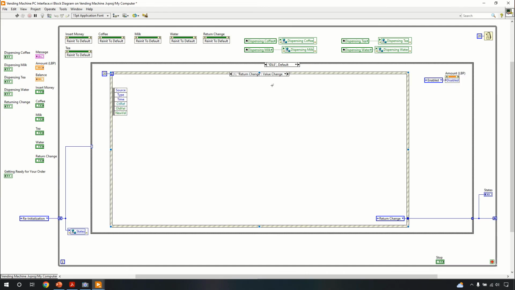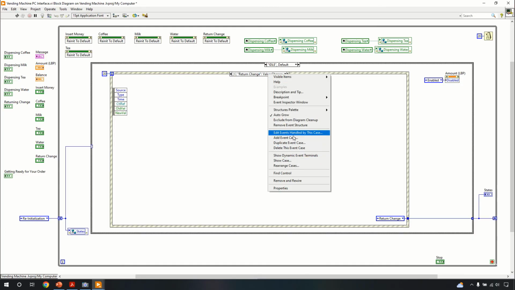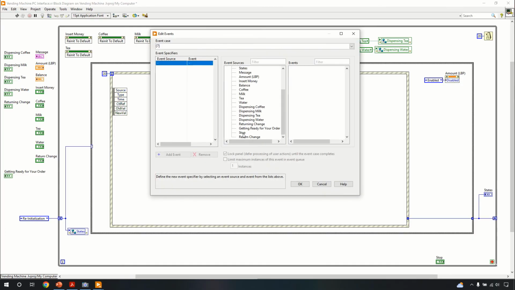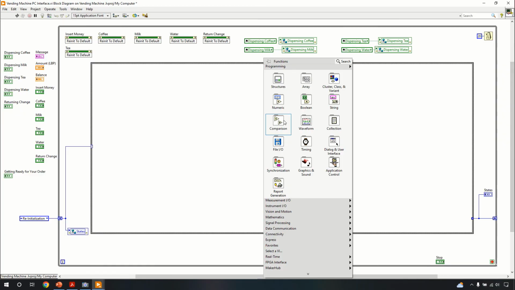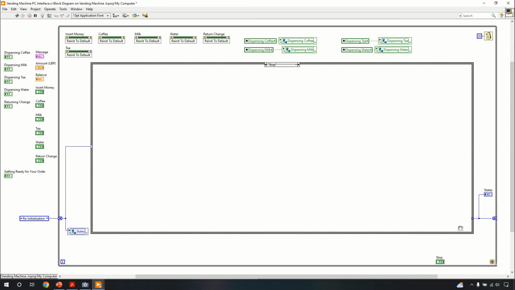And now what we are going to do is to go to our idle state, add an event case, and for that we're going to choose the stop button. Whenever we click on it, its value changes. We want to go to the stop case, and in our stop case, what we are going to do is to grab a true constant and feed this true constant to our conditional statement. And now I can just right click and say use default if unwired. I can either keep my stop button inside to update it at any time, just like the initialized case,